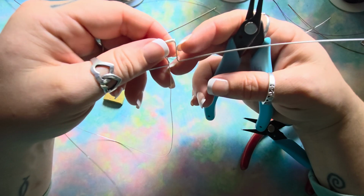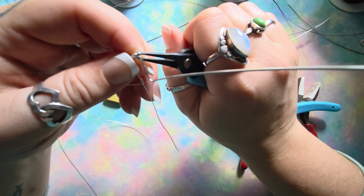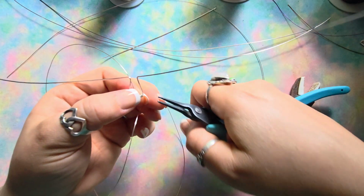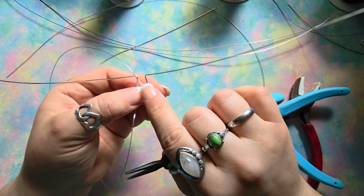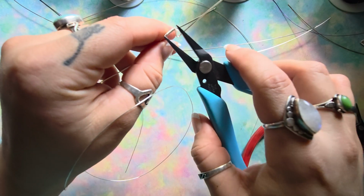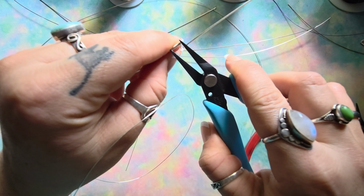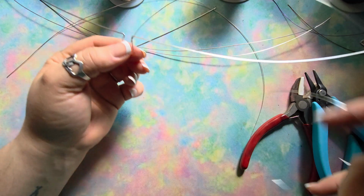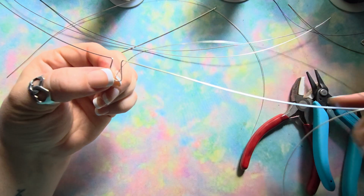So once I get to the corner here, I go ahead and cut the wire, and I gently tuck it around so that it's not sticking out and it's not going to scratch or poke anybody. And I get it to where it's laying down flat. Then I'll go ahead and take my pliers and gently pinch all of these together so there's not a gap. Now I flip back over to this side and I wrap the rest of the way around,